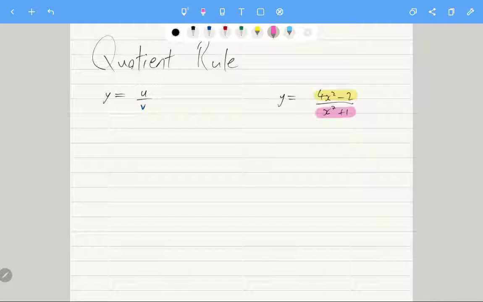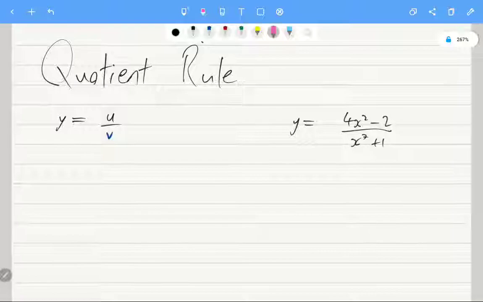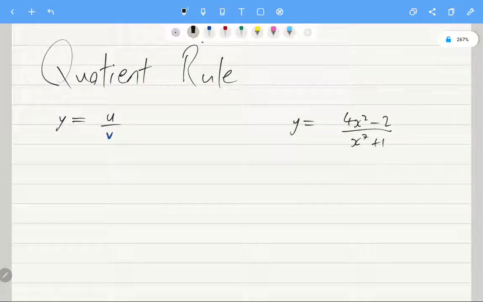Now this is a really annoying one. We actually can't derive it in its current form, but we can if we know the quotient rule. And the quotient rule says this: if you have a function which is u and v, which each can be derived, so u can be derived, du dx, and v can be derived, dv dx, then the whole function